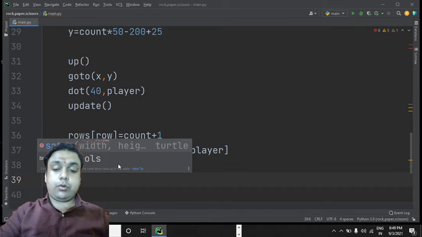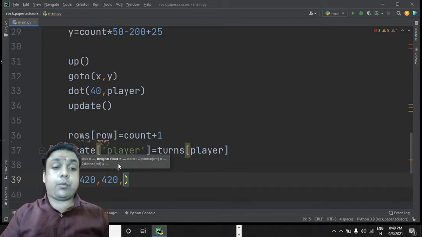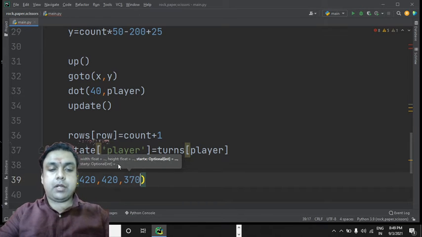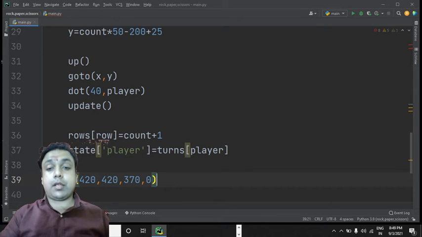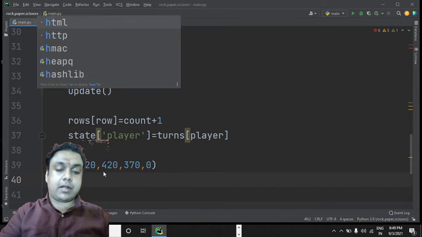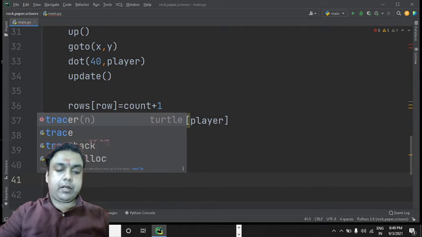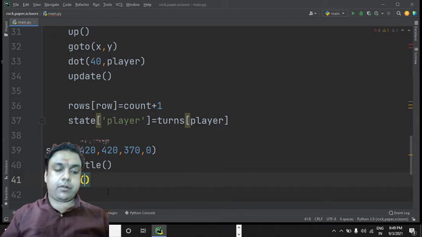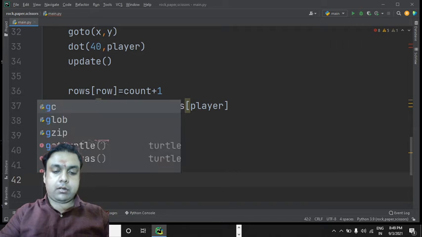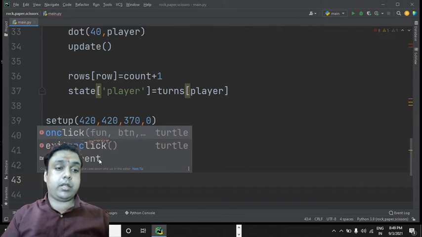Then finally we need to do the setup. So again we are going to define the same coordinates which we generally define, 420, 420, and what is the next thing? 370, up. That is absolutely right. You must have seen my previous lecture, right? That's the reason you know the exact coordinates. And then we need to hide the turtle. So that's how we can hide it. Finally, we need to make the tracer state false, right? And then we can call the grid function like this,